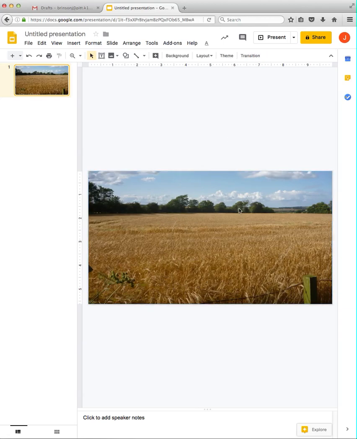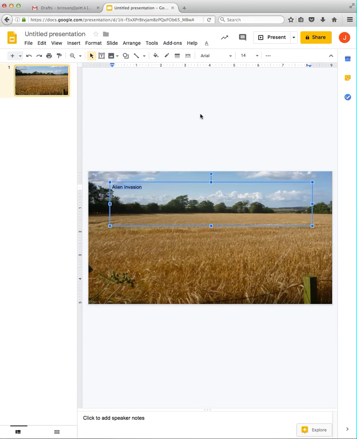Now, you can enter text by use of text boxes. You could put a title here. You could do other things. If I wanted to put a title in, I could go to text box, draw my rectangle, or however I want it to be. I am ready to type my title. I'm going to select my words,